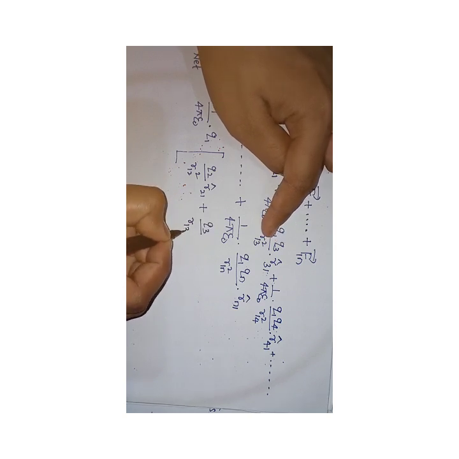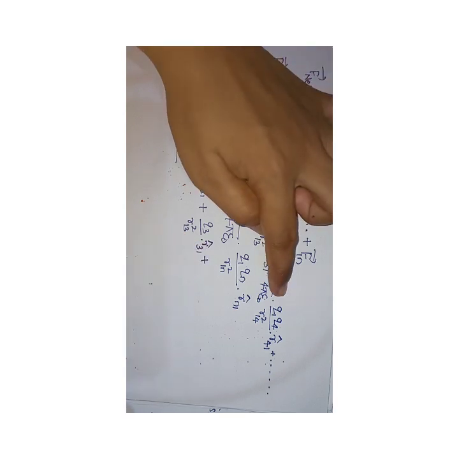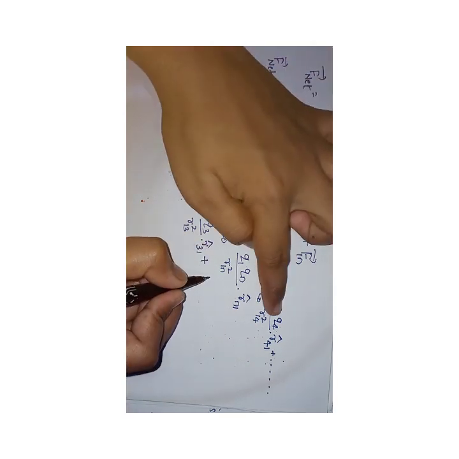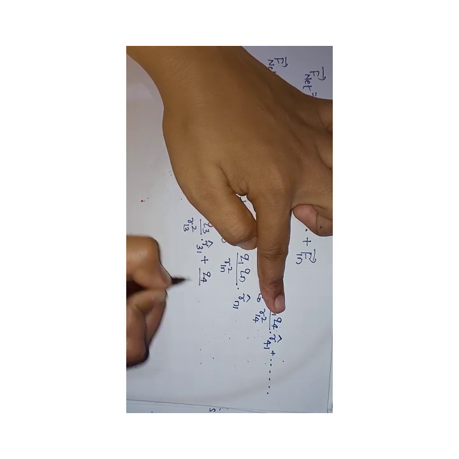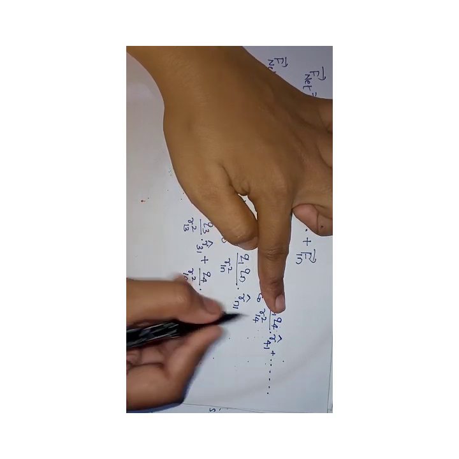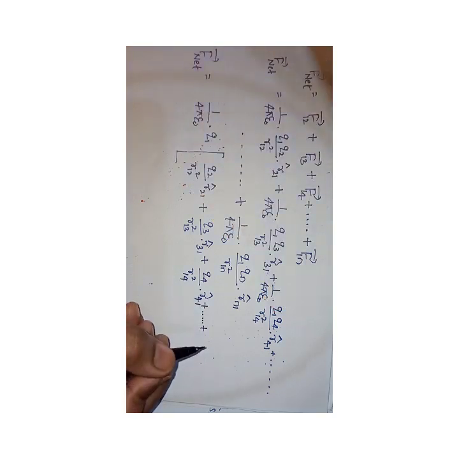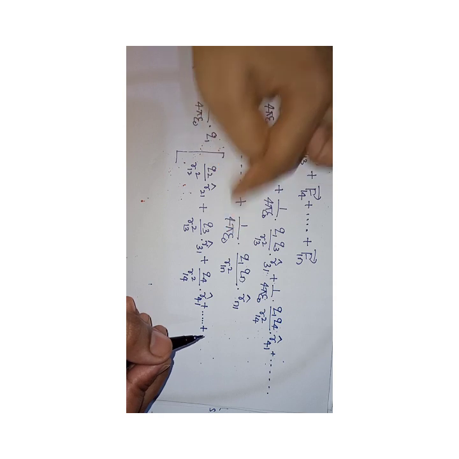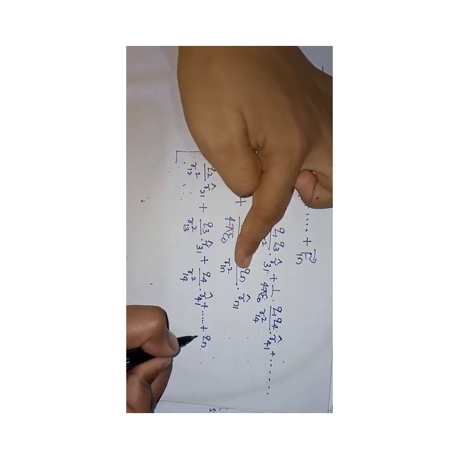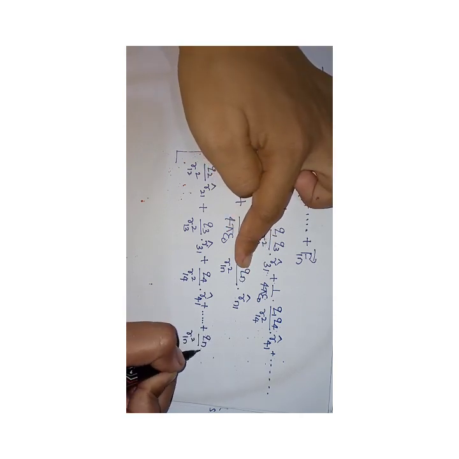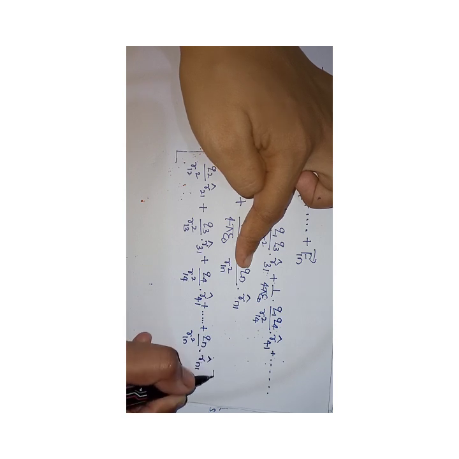Plus this we have taken out. What is left out here? Q3 by R13 square into R31 cap, plus this is out. What is left out here? Q4 by R14 square into R cap 41, plus dash, plus Q1, this out. What is left here? Qn by R1n square into R cap n1. Close the bracket.